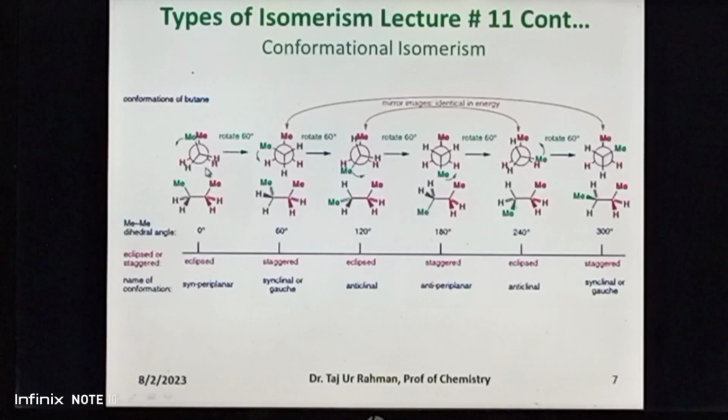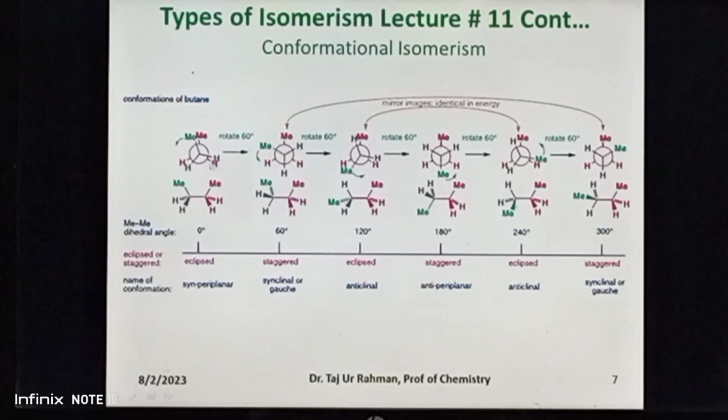butane. The reason is that in this conformer, one methyl and two hydrogen eclipsing can be observed on both front and rear carbon. That is why this is called fully eclipsed conformer of butane. Due to this, steric strain or van der Waals repulsion is high, and thus this is the highly unstable conformer